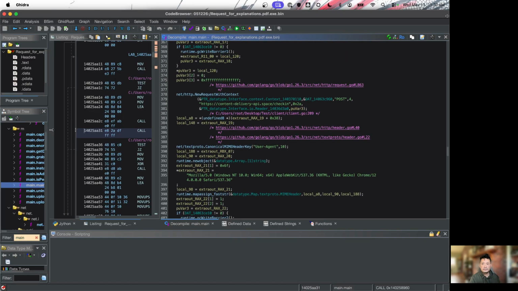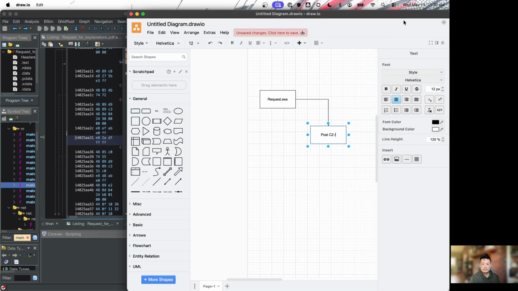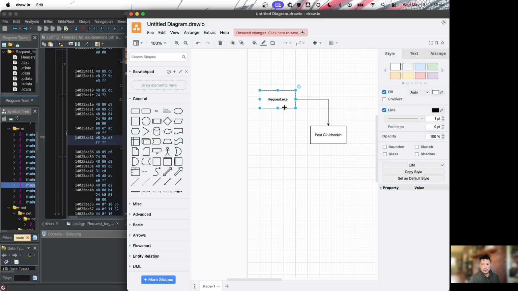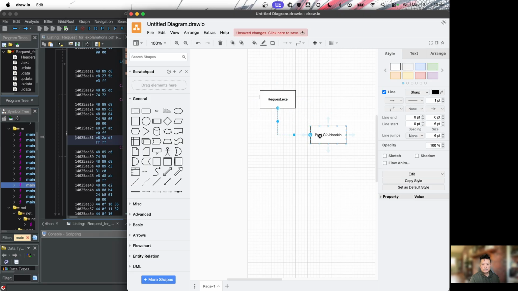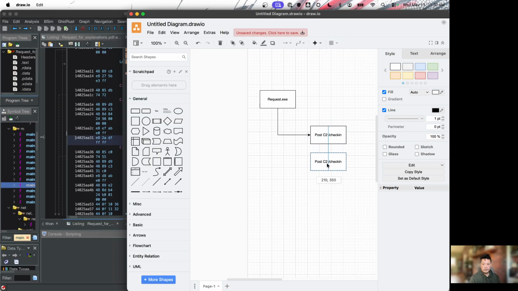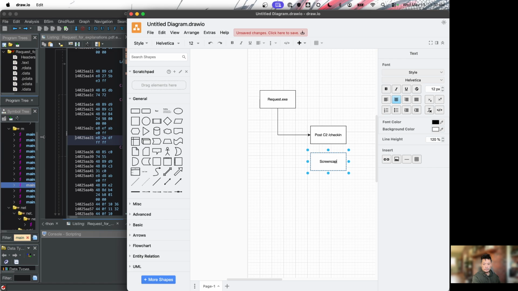Check in, okay. So check in, then it would perform a screen capture,